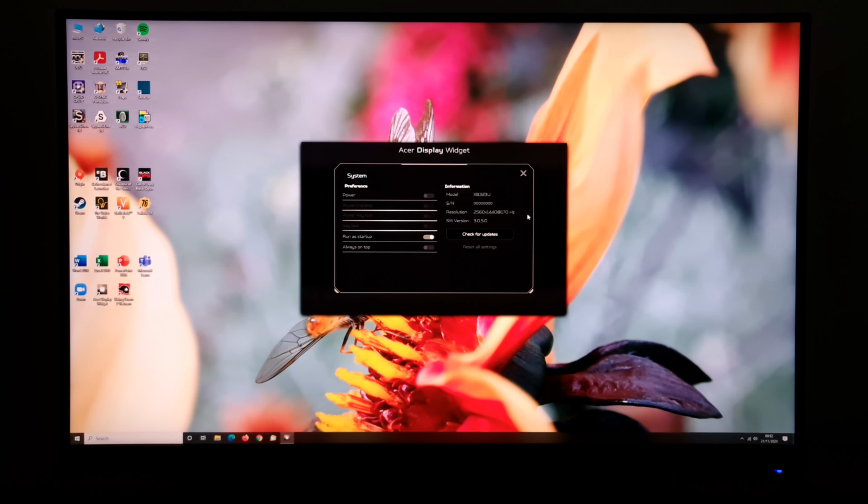There's also settings here, and this doesn't give you anything particularly useful. So you can turn the power on or off. Power indicator, this monitor doesn't allow you to turn that off, so that's grayed out. Power key lock, again, it's not relevant on this monitor. Key lock is relevant, so you can do that. And I've already explained how you get rid of that, but you can actually just get rid of it with Display Widget as well. Run at startup or always on top, pretty self-explanatory,